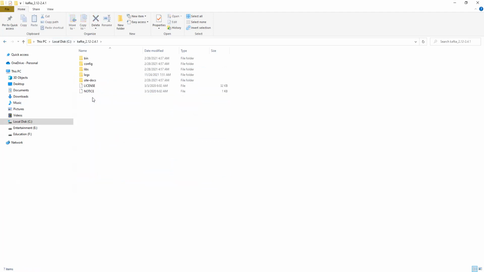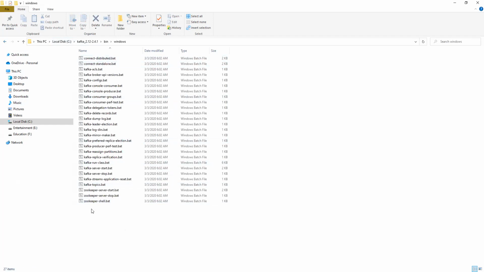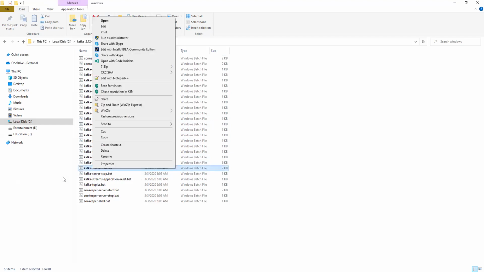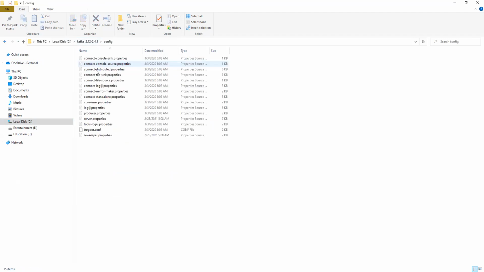Where I configured it: if you open bin, then Windows, you can see the Kafka server start file. Let me open the properties. Zookeeper properties and server properties, which is nothing but Kafka properties.